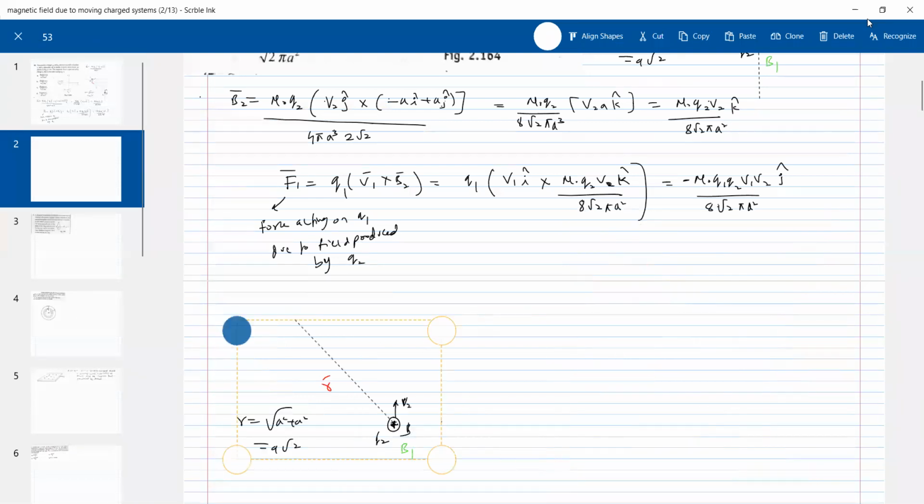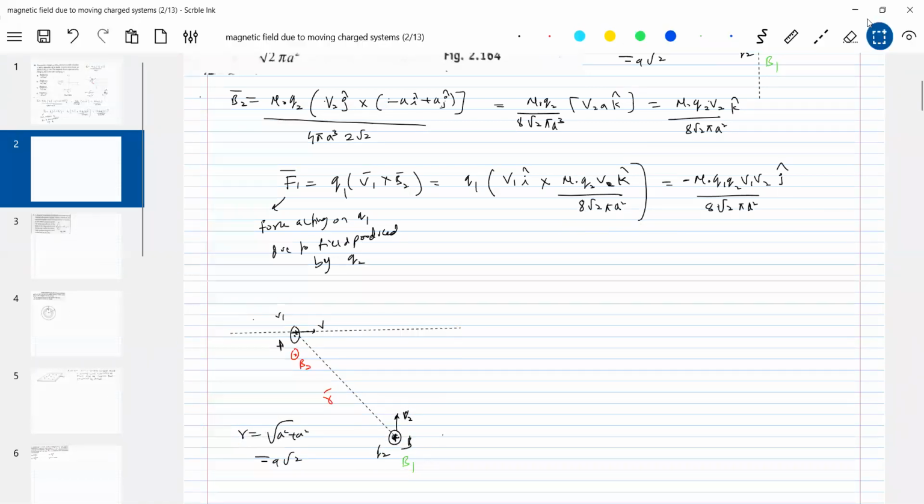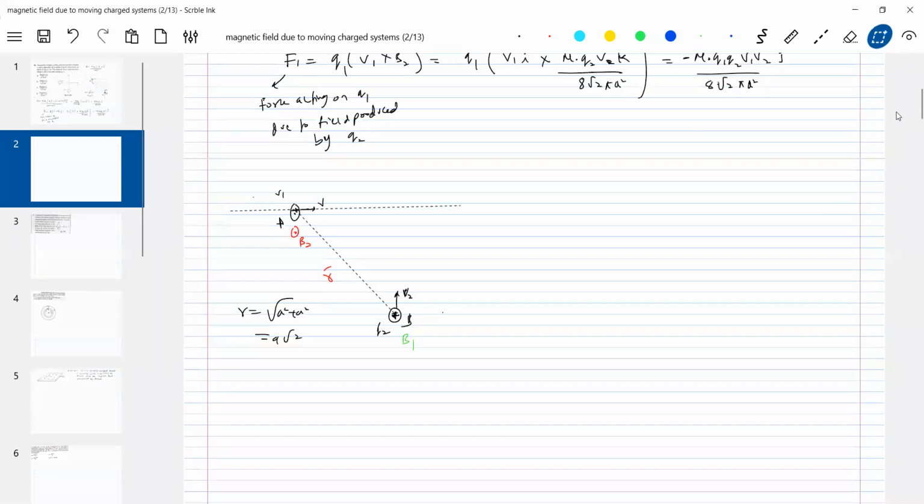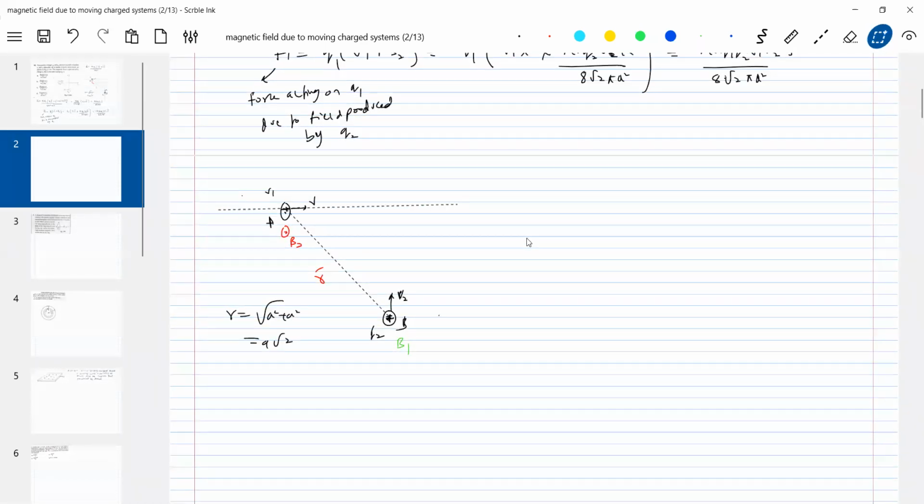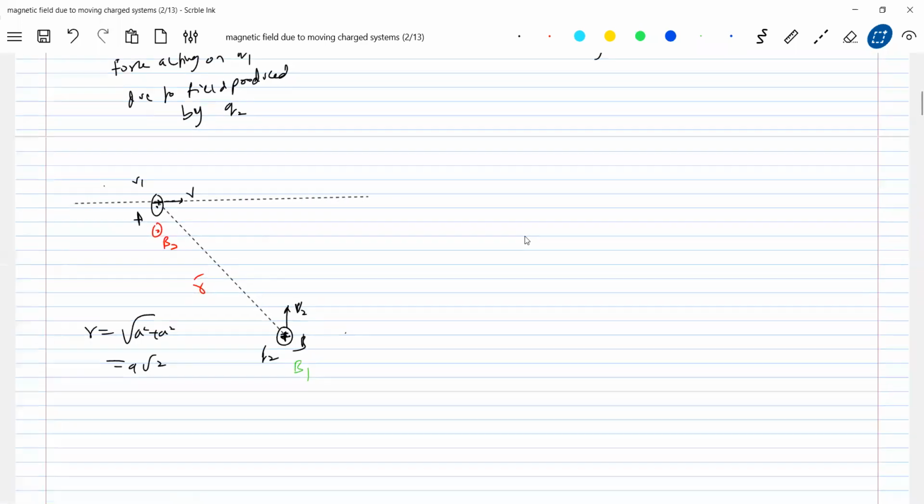And some good conceptual questions can be asked here. I just picked up this one. Let me come for this. Okay, proceed with the same calculation like earlier, what we did. I had the location of this one, so here B1 should be equal to mu naught Q1 V1 bar cross